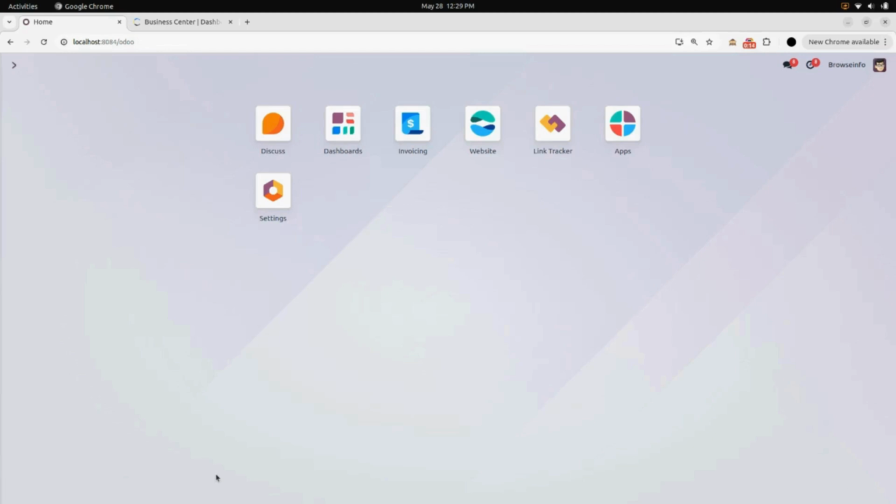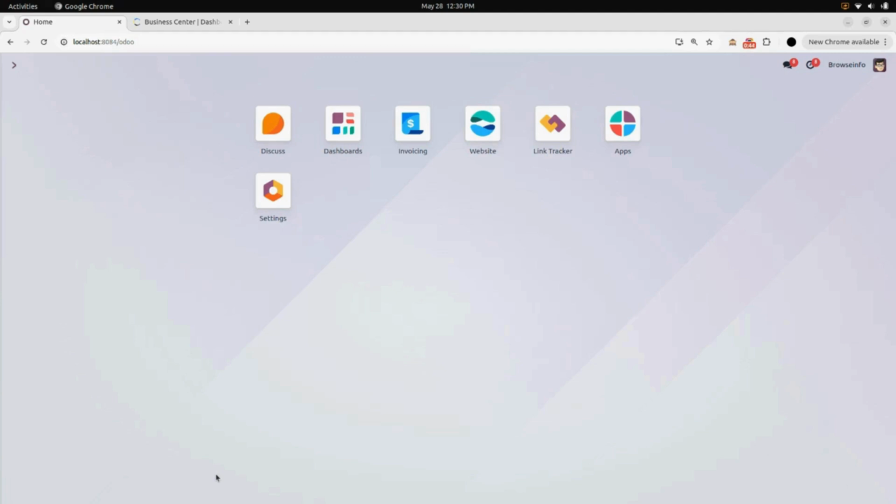Hello everyone, let me walk you through the demo of CyberSource Payment Acquirer in Odoo by BrowseInfo. This application integrates the secure and reliable CyberSource payment gateway directly into your Odoo e-commerce and invoicing workflows. It allows businesses to accept online payments via credit cards and other supported methods with ease. With real-time transaction processing, fraud detection tools, and seamless synchronization within Odoo, this integration enhances both security and customer convenience